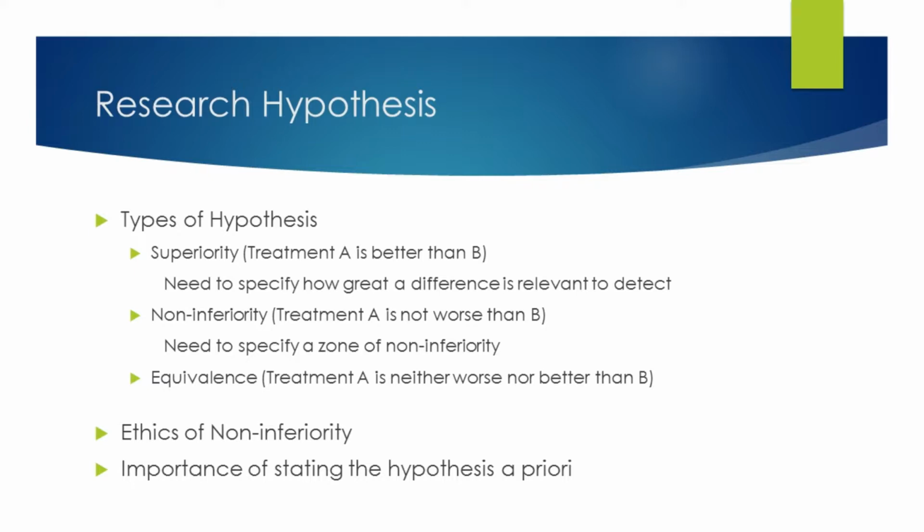There are three different types of research hypothesis. One is superiority, other is non-inferiority, the third is equivalence. Superiority indicates that treatment A is better than B. For example, if I say that a new medication to treat hypertension is better than the standard care, that is my superiority trial. But how we define better is an important question that you have to think about at the start of the study. Whether that better means